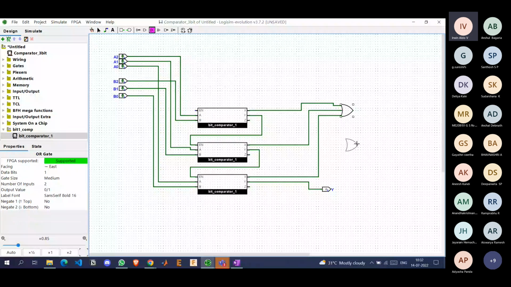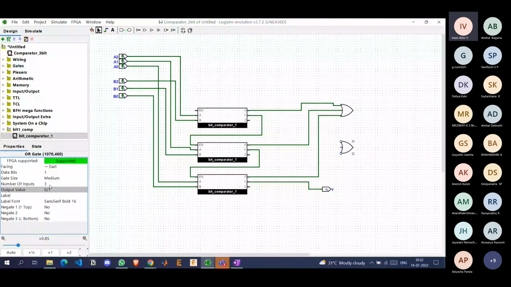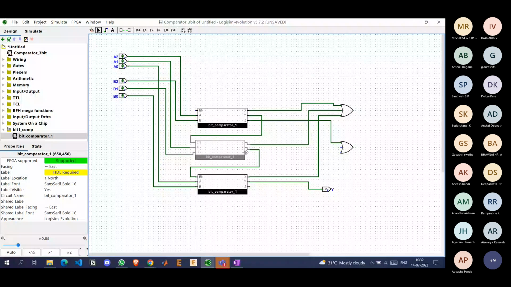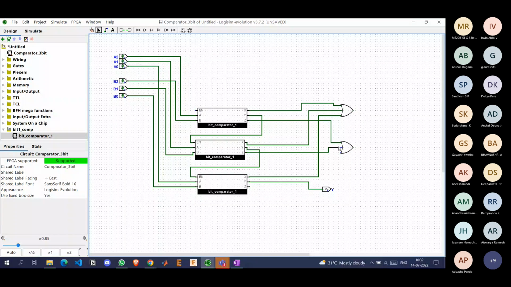Take another OR gate and do the same thing. Make the inputs 3, enter, and connect all Z's to the OR gate as inputs. Okay. Now